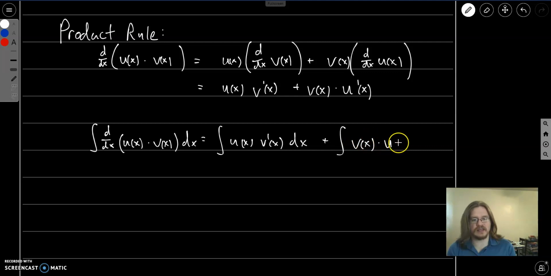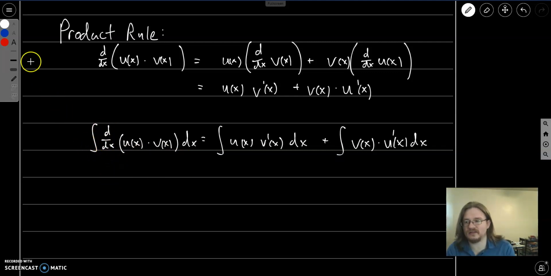And technically I'm taking an antiderivative since there are no bounds, but integral may be a little bit easier to say than antiderivative. And what you'll notice is that on this side, if I'm taking the antiderivative of the derivative of something,